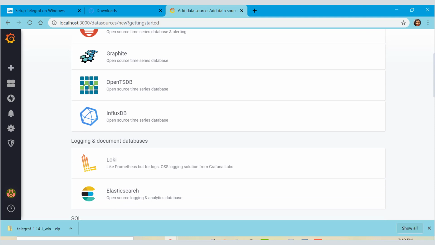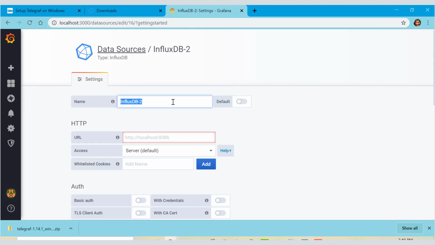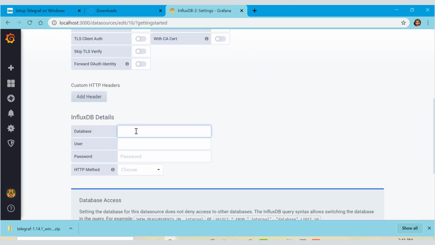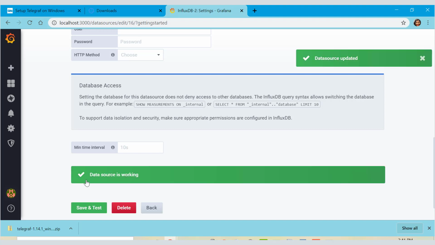My database is InfluxDB, and let me configure my telegraf. Since it is on localhost, and my database name is telegraf, let me check the connection, and it says it's working.